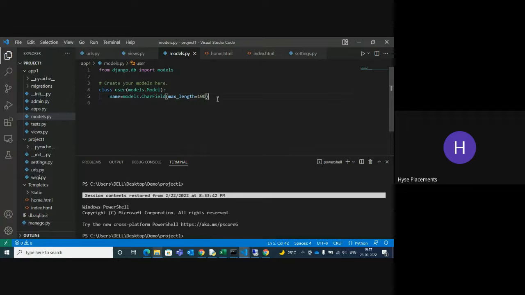After that, my project is not running this time. Before running I can migrate my project. First of all, python manage.py migrate.